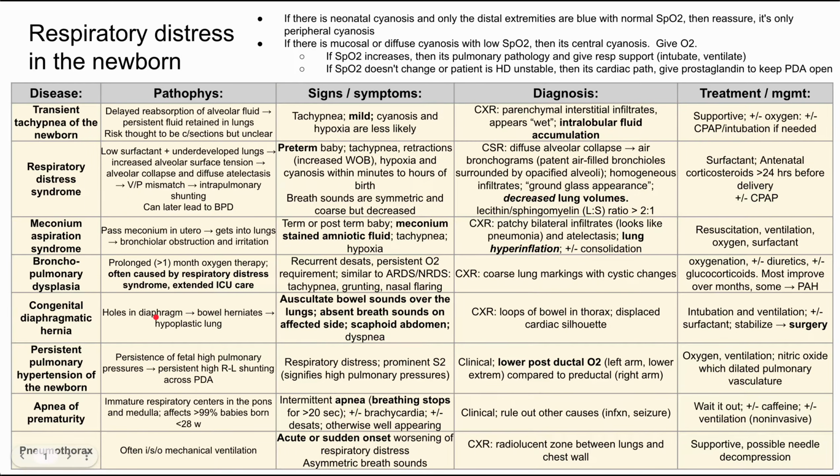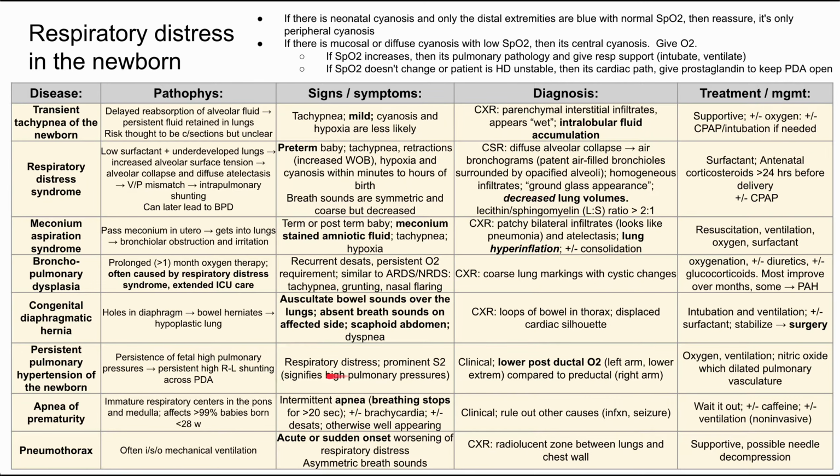Next is persistent pulmonary hypertension of the newborn. The pathophysiology here is fetal high pulmonary pressure. So remember, when baby's born, you have this big change in the circulatory system. When it's in utero, there's very, very high pressures in the lungs because the lungs are filled with fluid. As soon as baby's born, that should switch, and you should end up having a very low pulmonic pressure. If that pulmonic pressure remains high, they can end up with persistent pulmonary hypertension of the newborn, which leads to high right to left shunting across the PDA. So if you have high pressures in the lungs, the blood will be shunted through the PDA into the systemic